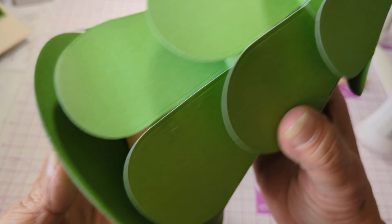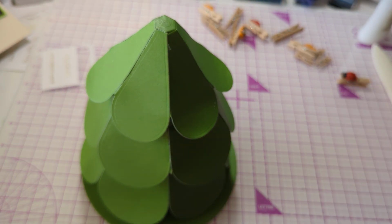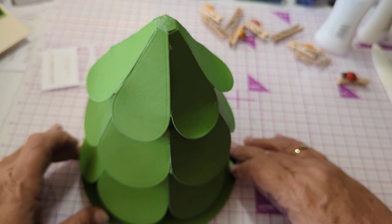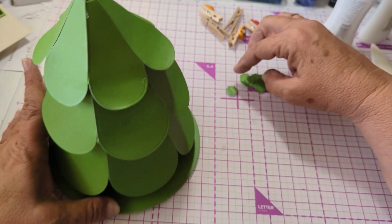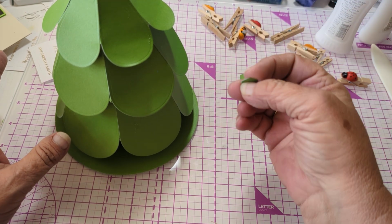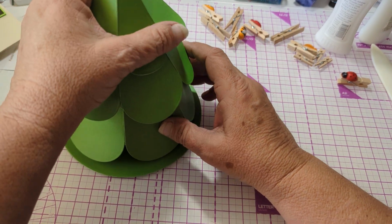I'm gonna have to say this was a little easier putting together than I thought. It looked pretty complicated, because I thought, oh my goodness, all these pieces and everything. See, the slit one is if you want the star. So I'm going to keep those because we may decide that we want the star. But,